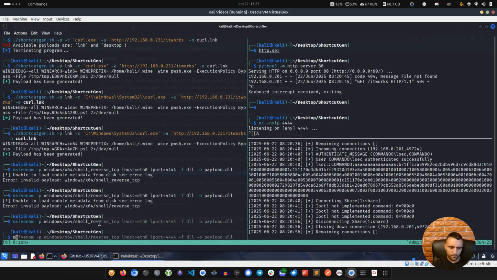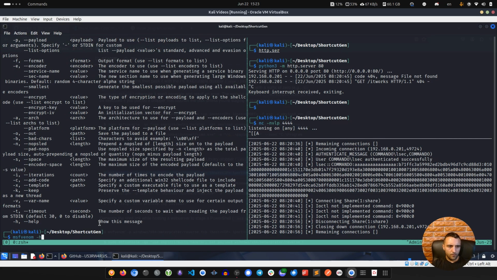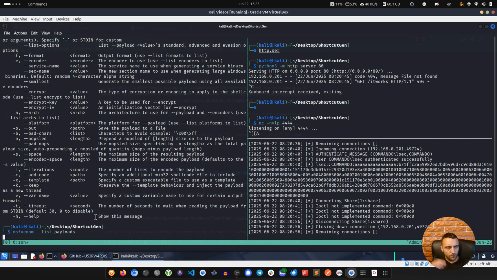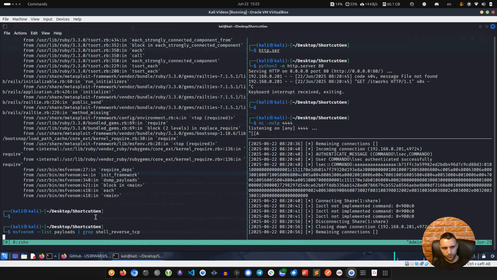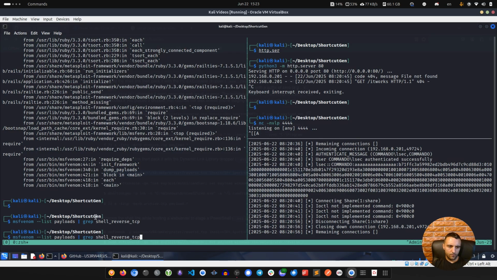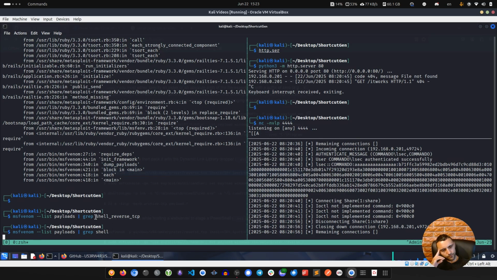Why don't I have that? Let's see, minus-list payloads, and I wanted to grab shell reverse TCP. Shell